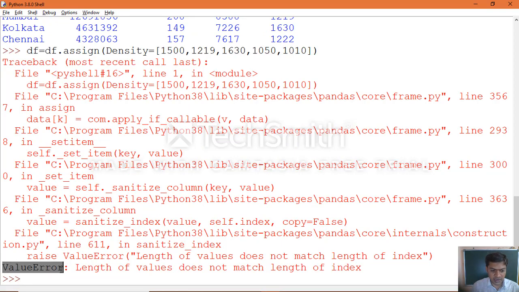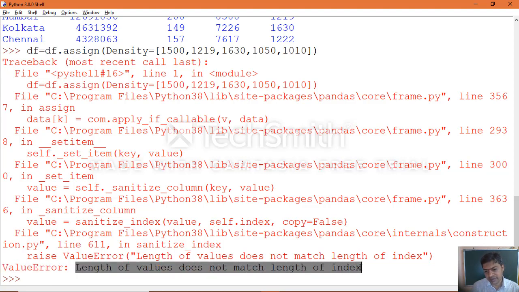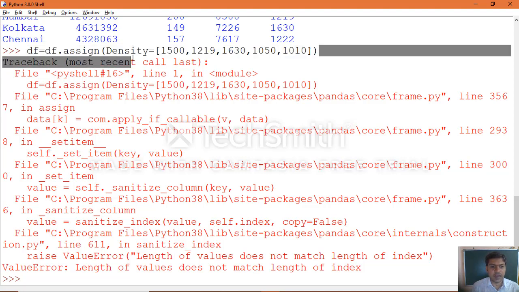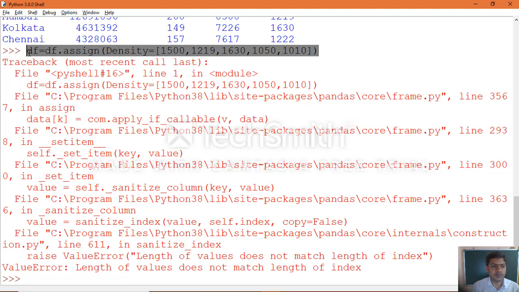ValueError: length of values does not match length of index. This gives you the error because there are only 4 rows in the existing data frame object, but you are trying to give a 5th row which doesn't exist in our data frame object. That's the reason we got the error called value error.